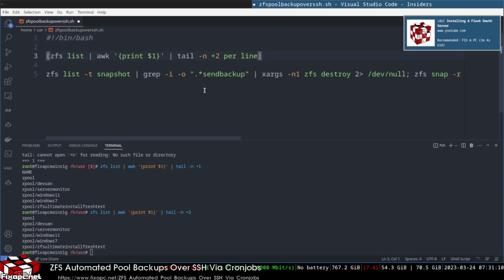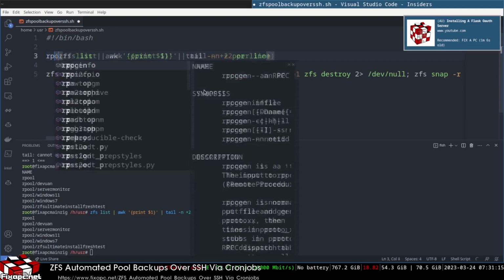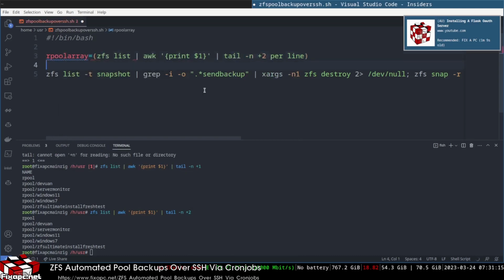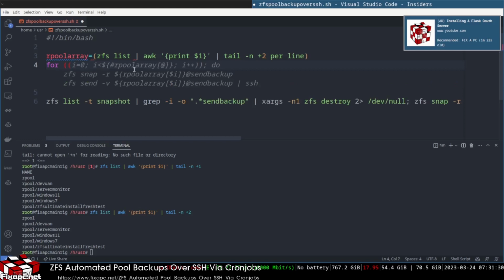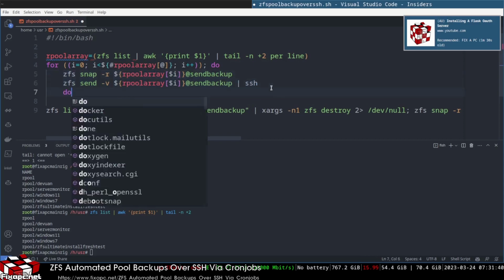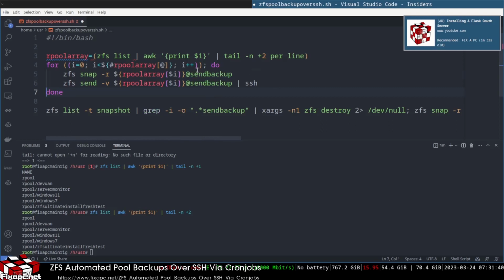So I'm going to put all pool array. There we go. So now I'm just going to put that there. For i in our pool arrays, so do